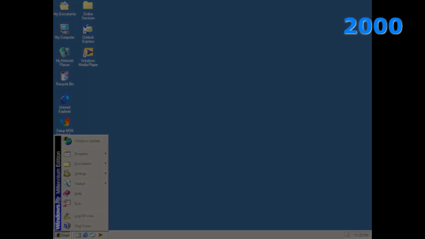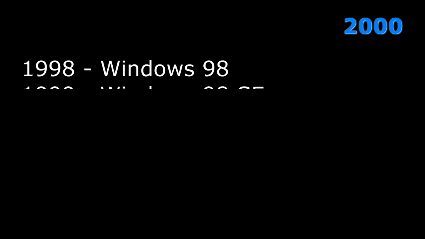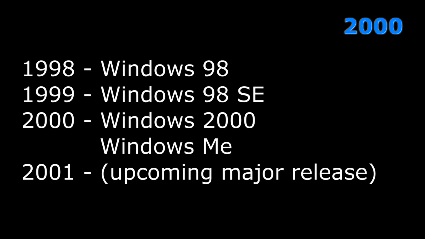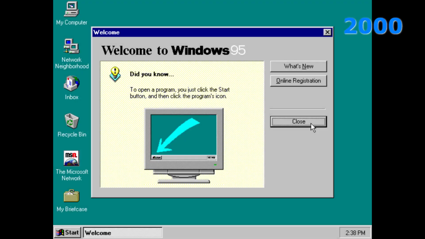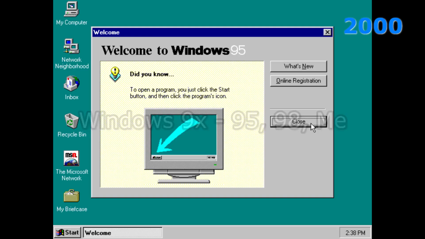A big factor in Windows ME failing must have been that it didn't get the time to fully realize and maybe didn't really have a time and place. Like, there was a release 2 years before, which got updated 1 year before ME, with another major release in the following year. So there were probably time constraints and not as much focus on it. Mind you, it was still just like Windows 95 and based on MS-DOS, which was getting outdated. Windows 95, 98 and ME together would be known as the 9X series.